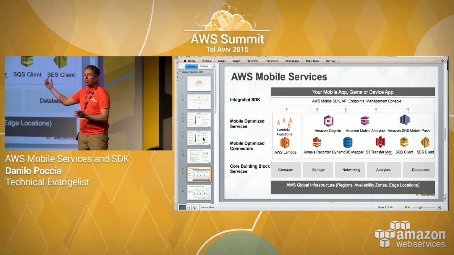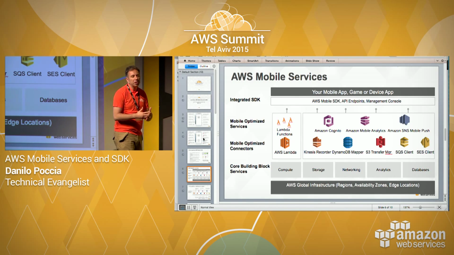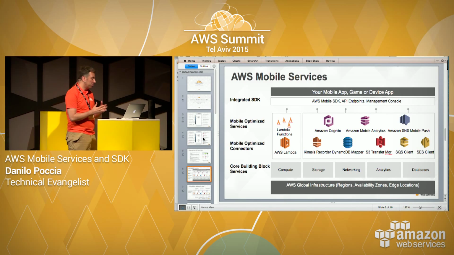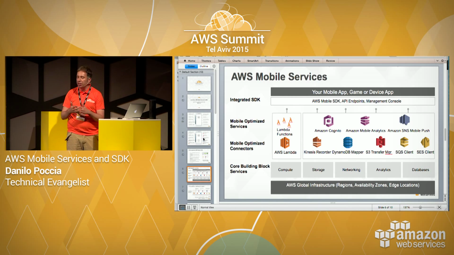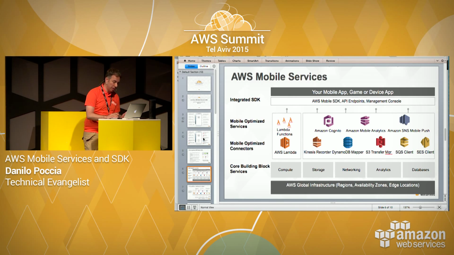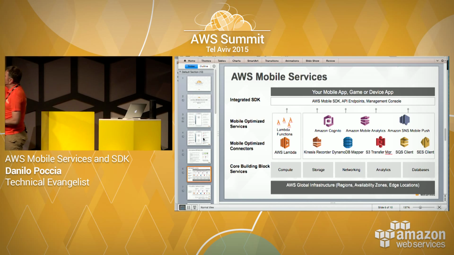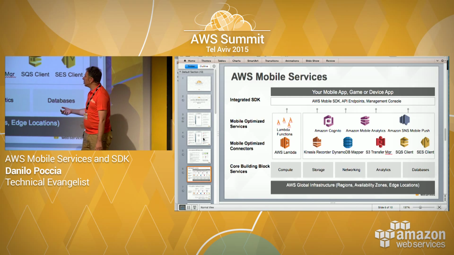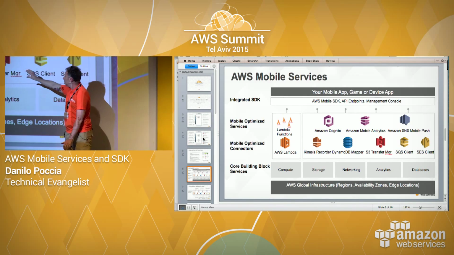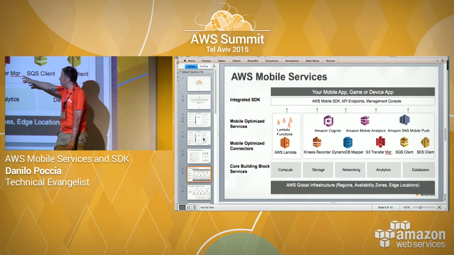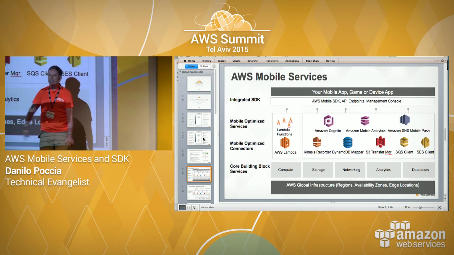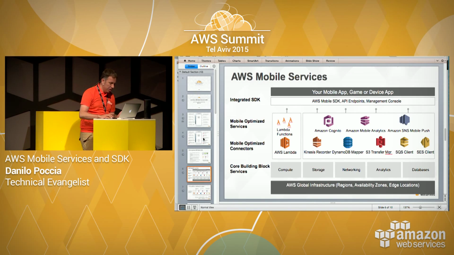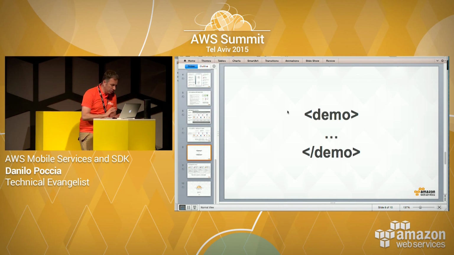Then you can use Lambda as your API backend, so that you can really use a flexible mobile backend. As we will see, Lambda also provides a generous free tier, so it's really an opportunity, especially for startups. Then the SDK will expose access to Cognito, mobile analytics, and SNS mobile push to send a notification, and has some connectors that make the use of all these services, in particular S3, DynamoDB, and Kinesis, much easier from the mobile. So now I will stop talking and I will switch to